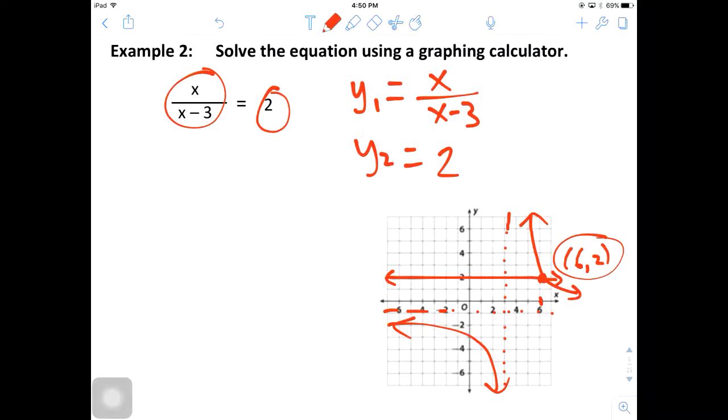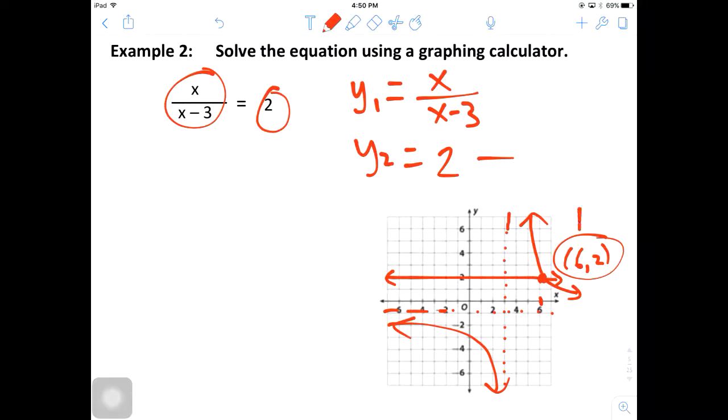And now you're looking for the solution. That means you're looking for where these curves touch the line. Remember, the second line is y equals 2, and so therefore it is a line that is horizontal. So I have the place where they meet is (6, 2). So